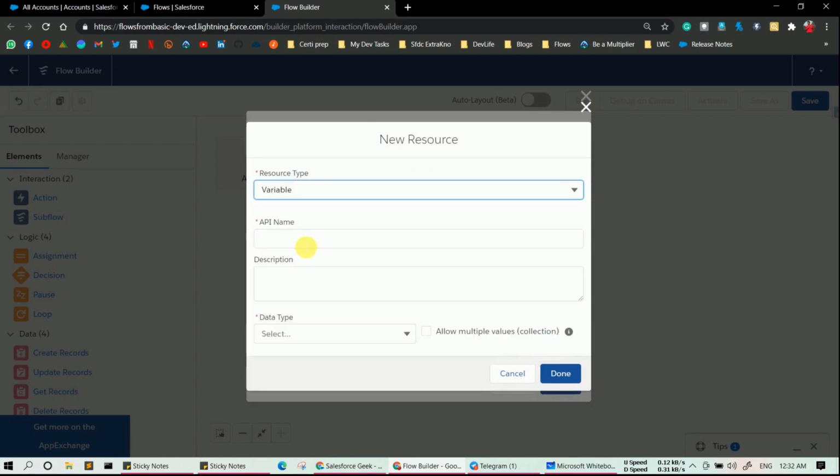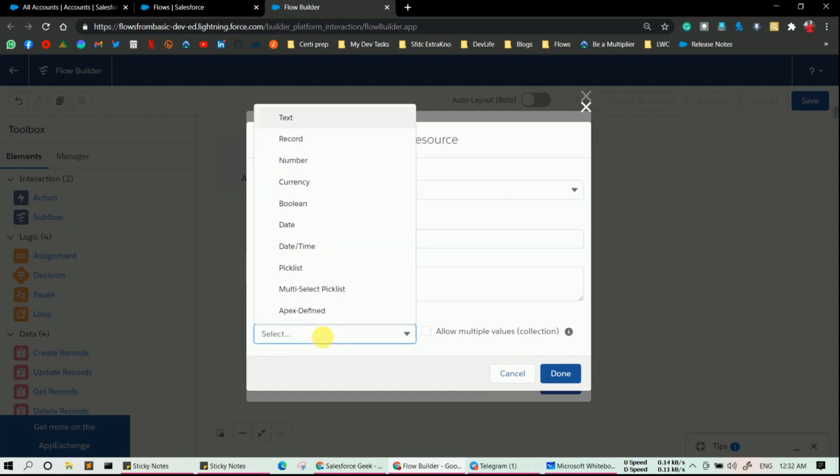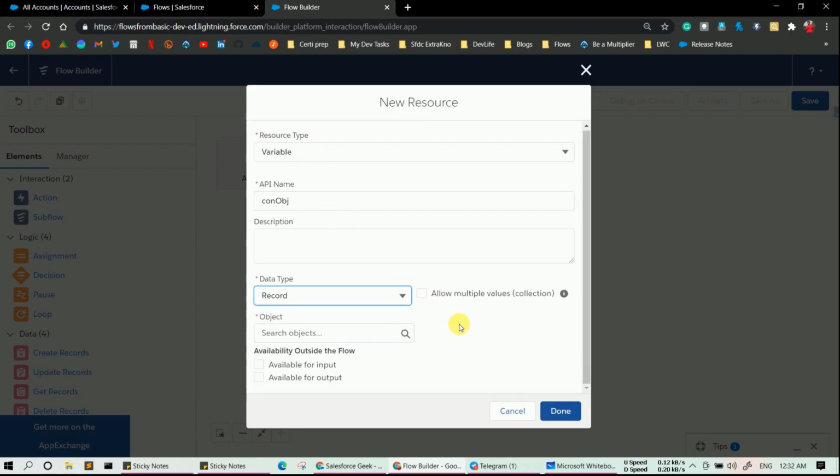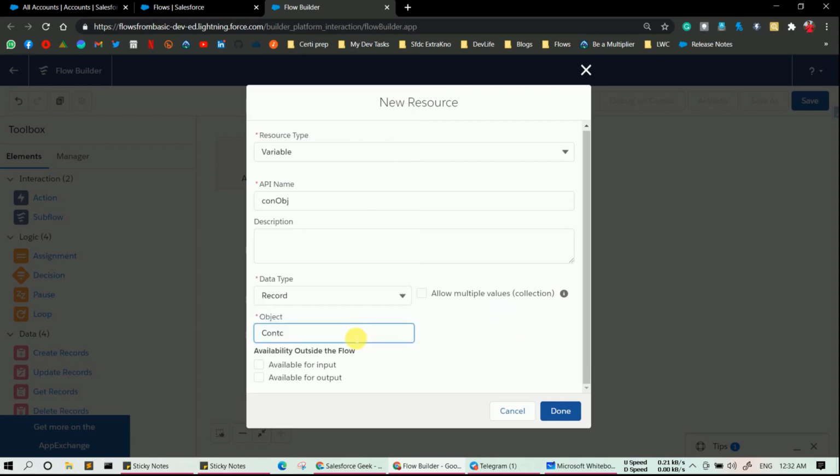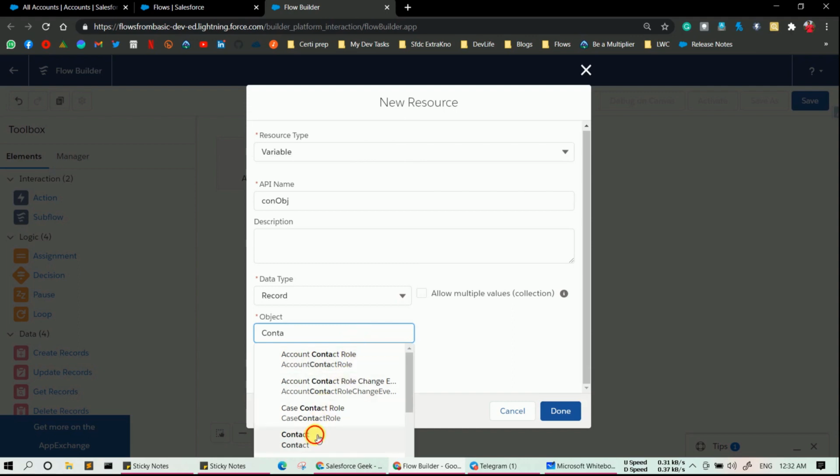Provide an API name, let's say conObj. In the data type you will select Record. Don't select Allow Multiple Values, because we are going to create only a single reference, or you can say instance, of a contact object. In Object select Contact and click Done.